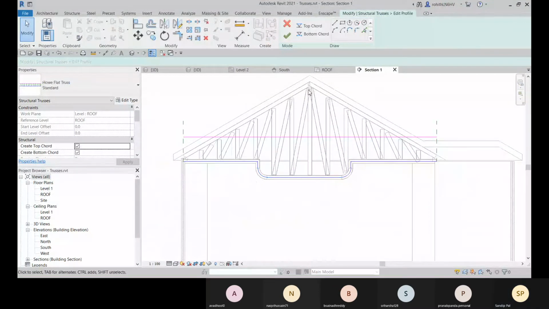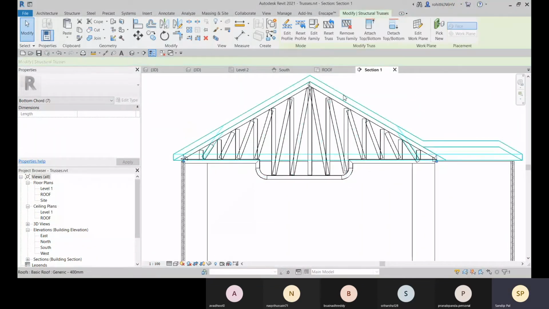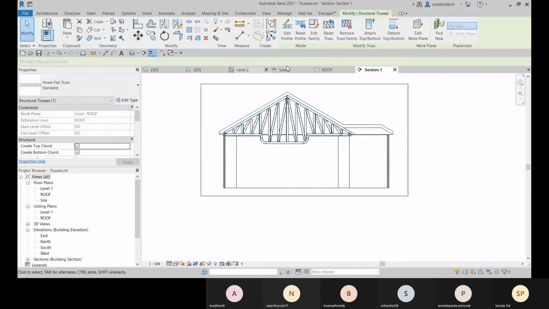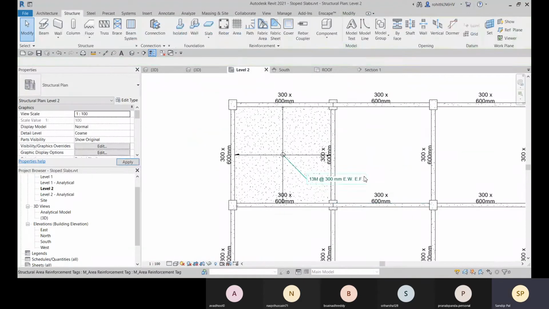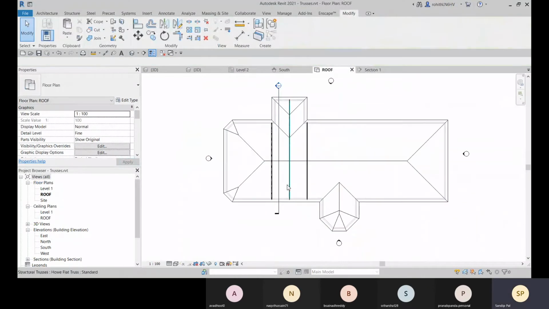For that, just select and press Ctrl C. Okay. And then go for finish edit mode. Now let me go to that level 2, sorry, roof. That will be roof. And now let me change the direction.